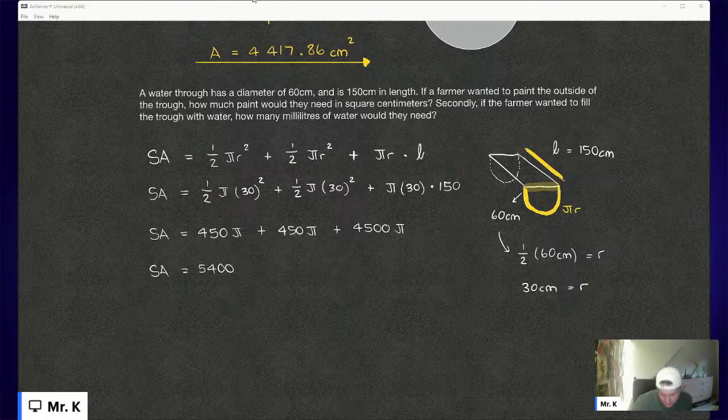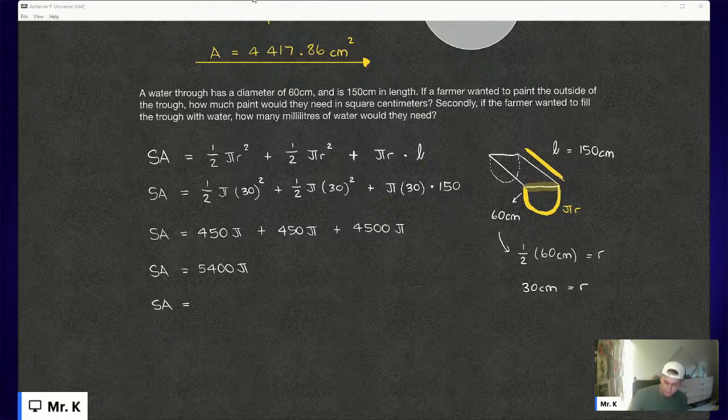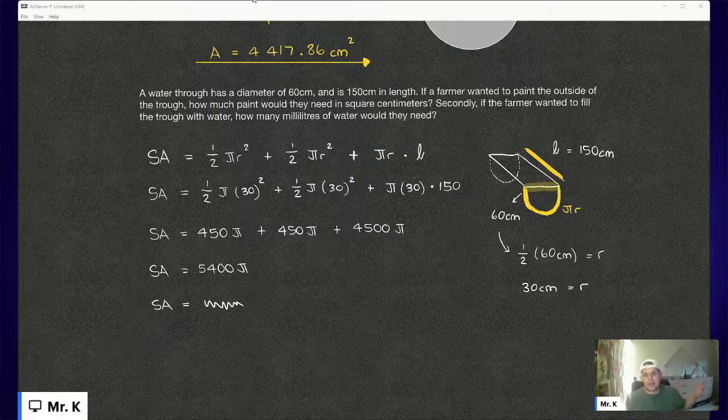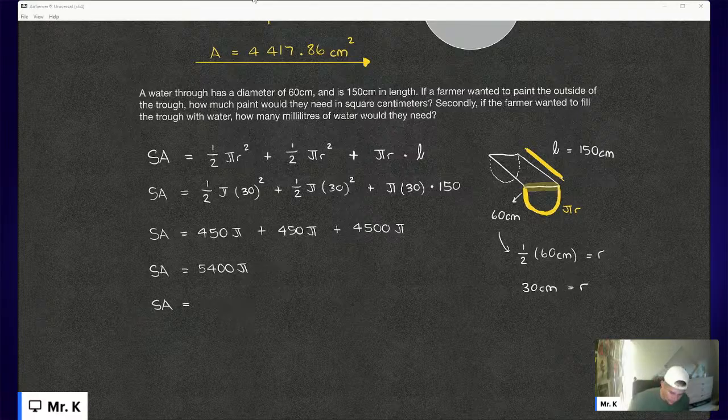And the reason why I recommend leaving it in this form, guys, is so that you can refer back to it easily. If you round off your answer over here, but for some reason you need the full value in another calculation, you can come back and look at the value before your final step. Right? 5,400 pi